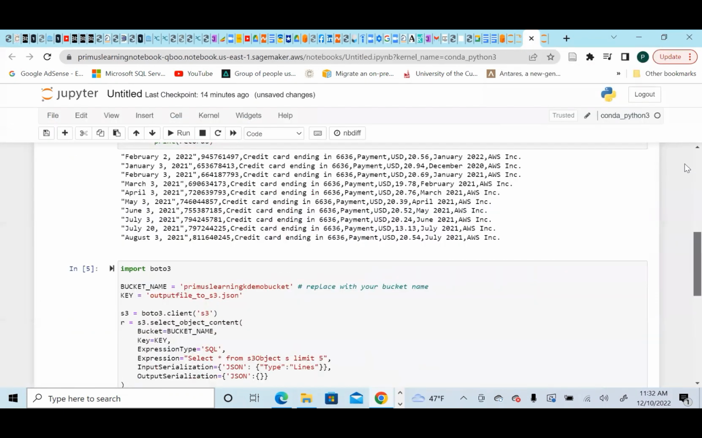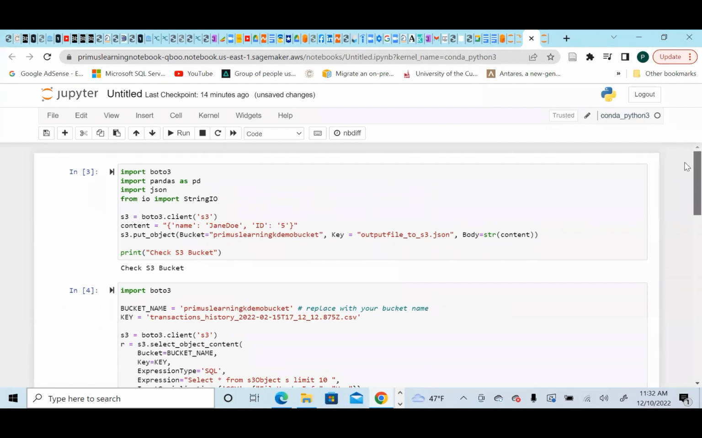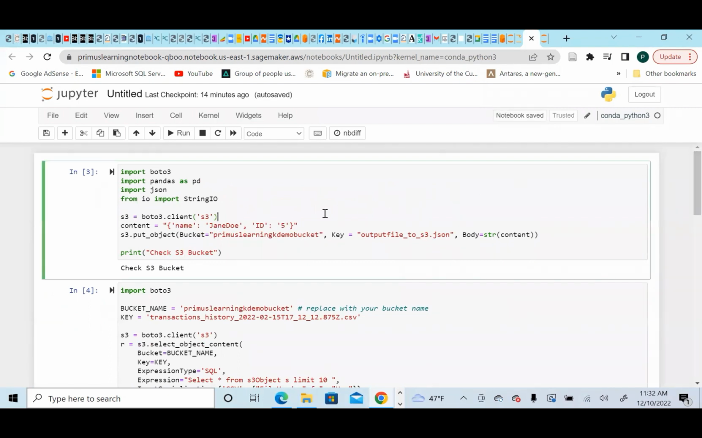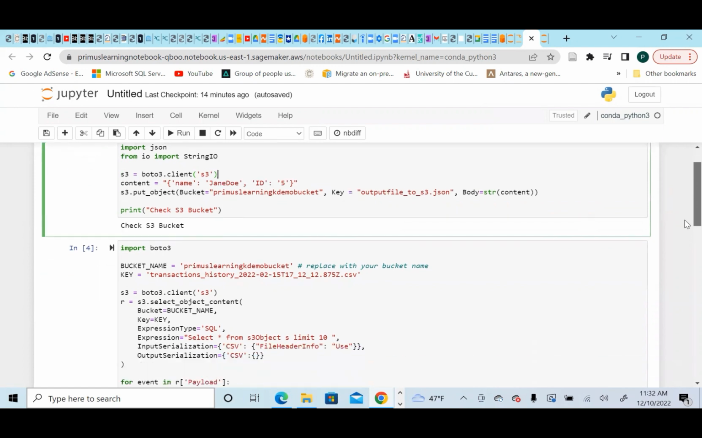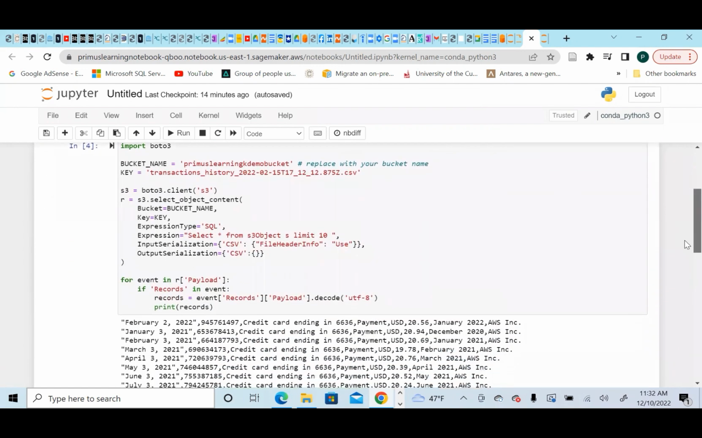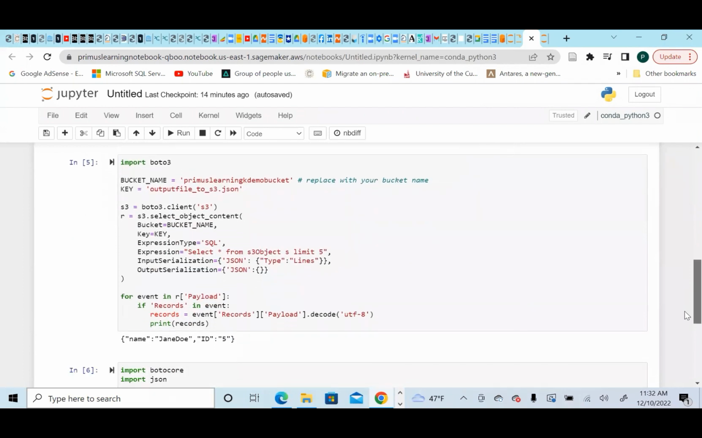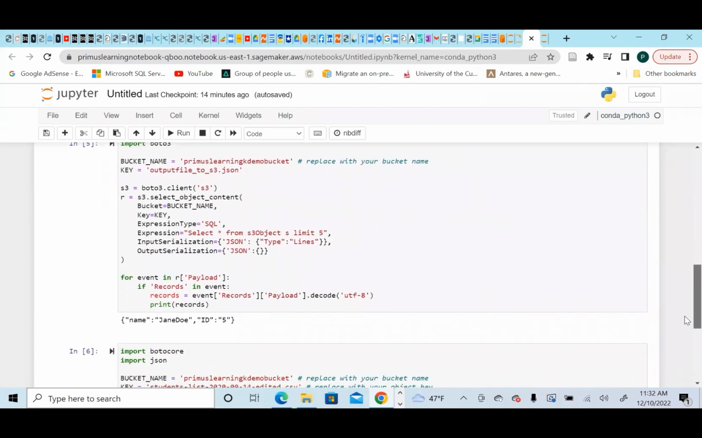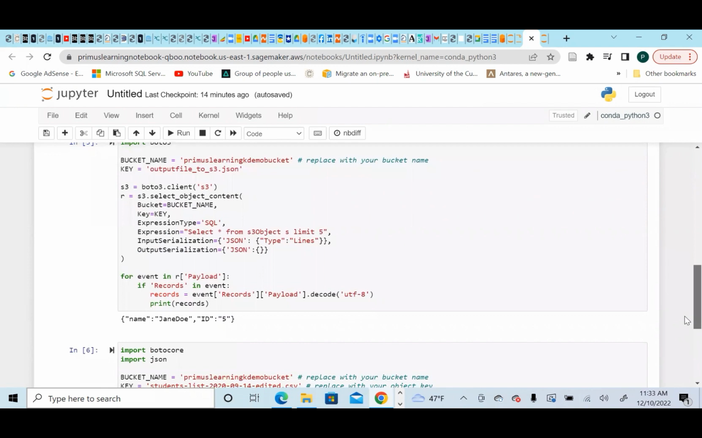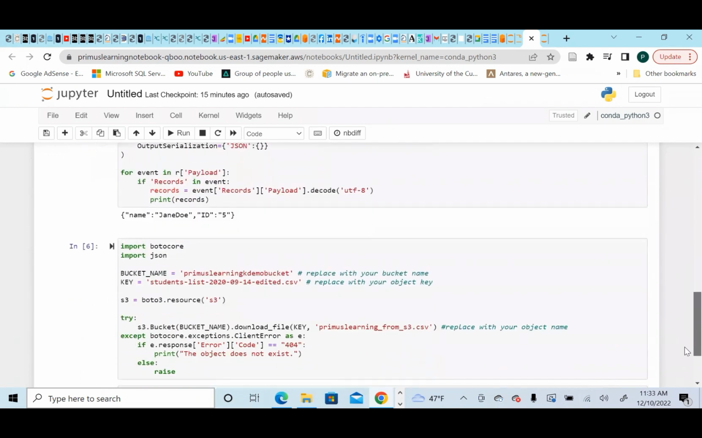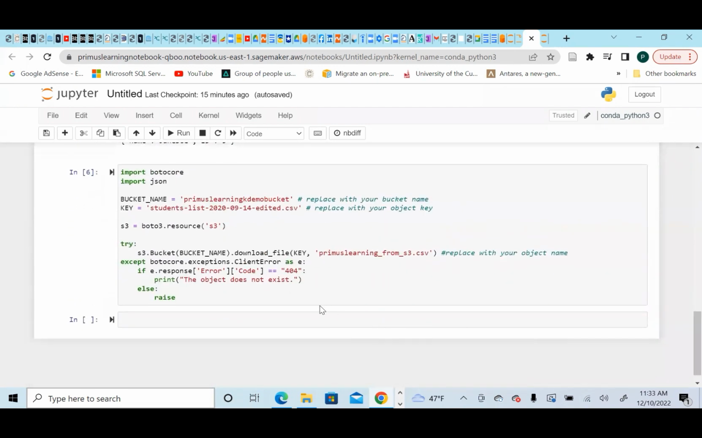I just wanted to show you how to write data to S3, how to query data from S3 using the Boto client, how to query data from S3 using CSV and JSON formats, and then also how to download data from S3. These are the 4 things we're looking at, and we're able to do this by using what we call